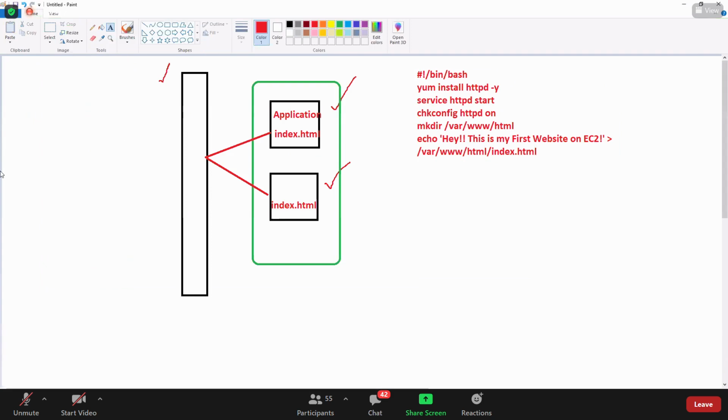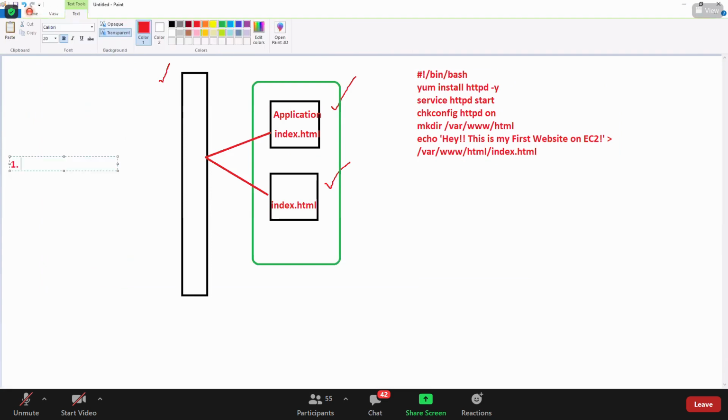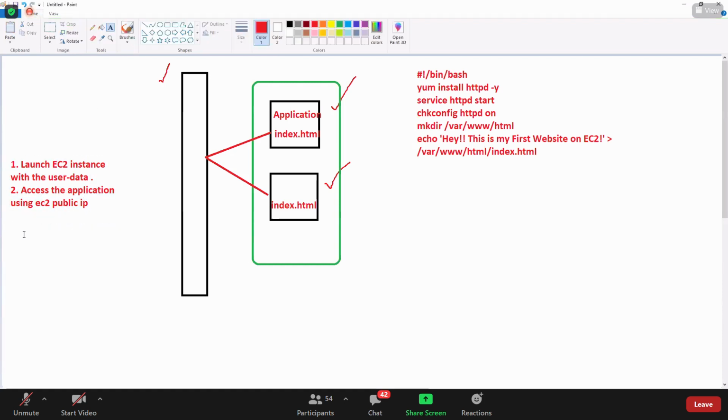So guys, number one, what we're going to do is launch an EC2 instance with the user data. Once you launch that, access the application using the EC2 public IP, and then you will launch the same, another EC2 instance, one more set.